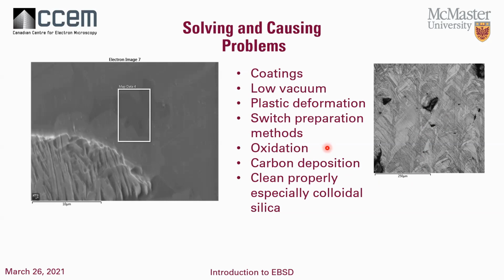The material may easily oxidize, so you may have to prepare it and put it immediately in the SEM or put it immediately in some sort of protected atmosphere to prevent oxidation, which will affect your results. Magnesium is very bad with this sort of problem. Even if you put it in a normal desiccator, usually after a day, there will be enough oxidation from the atmosphere in a normal desiccator that you'll get